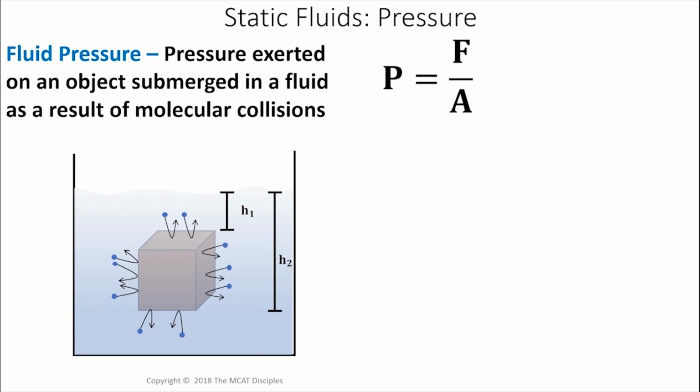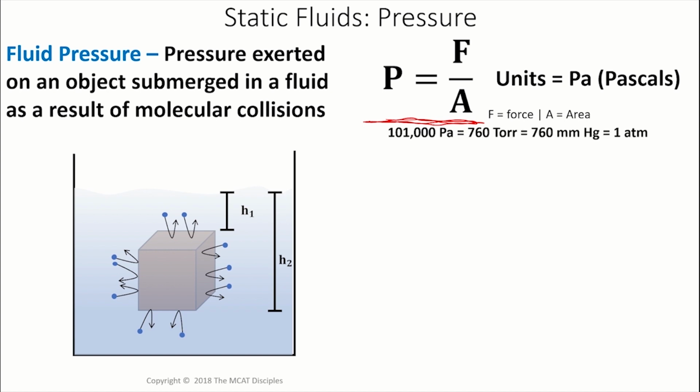That pressure can be calculated via force over area, right? And this is for static fluids. You use this equation for static fluids. This equation does not apply to moving fluids. That's critical. The units are going to be in pascals, or Pa, and that is the SI unit. That's the unit you'll get if you use meters and newtons and plug in your numbers. You're going to get out pascals. You can interconvert between pascals, torr, millimeters of mercury, and atm with the following.